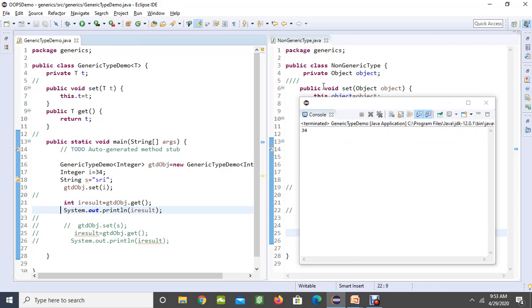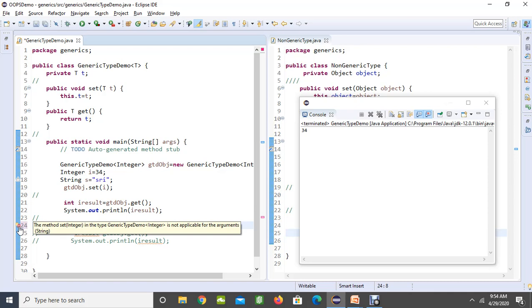So what happens if the user tries to set a string value to this particular object? If the user by mistake sends a string value, immediately it is going to give a compilation error, saying you have to send only an integer.